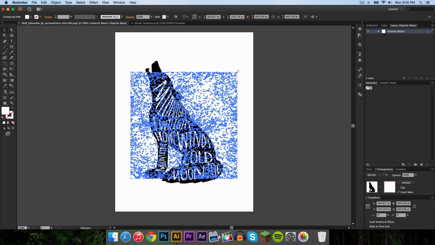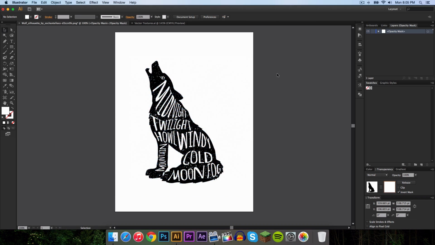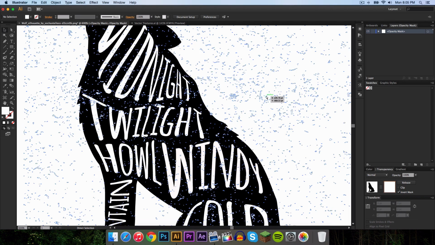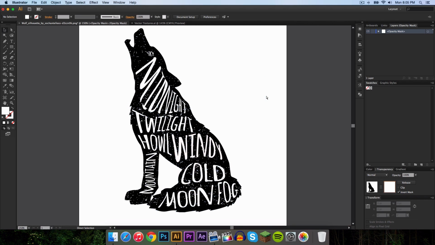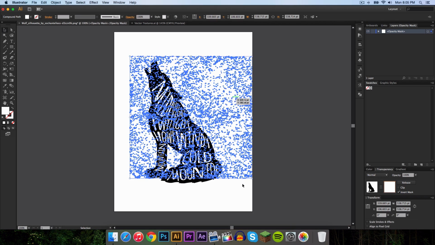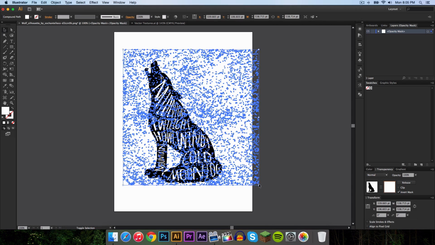So Option or Alt. And the good thing about Illustrator is you could resize as much as you want, and the image will not decrease. Like, you can't see pixels whatsoever if you zoom in all the way. So that's Illustrator for you. That's why using with graphics is better with Illustrator, because, you know, graphics, that's what Illustrator is for. Photoshop is more for images.